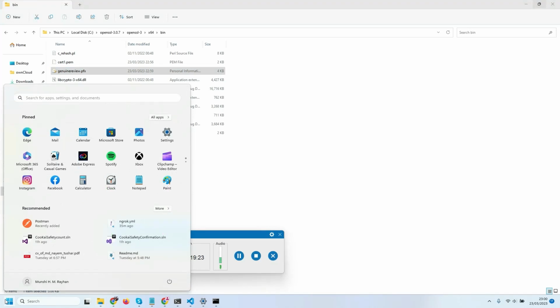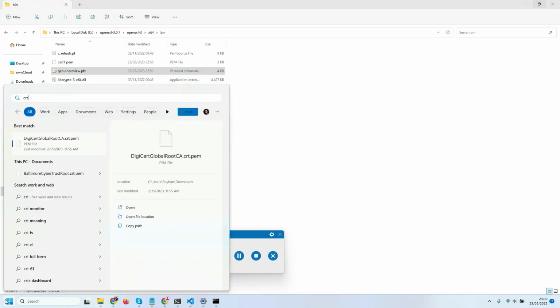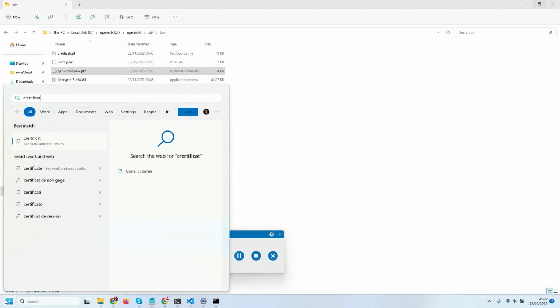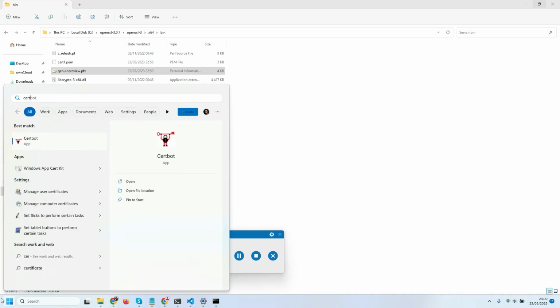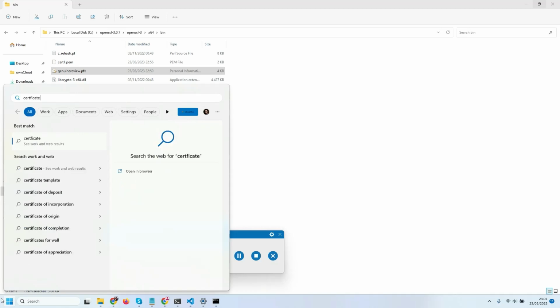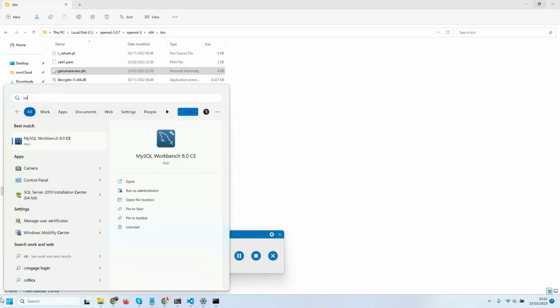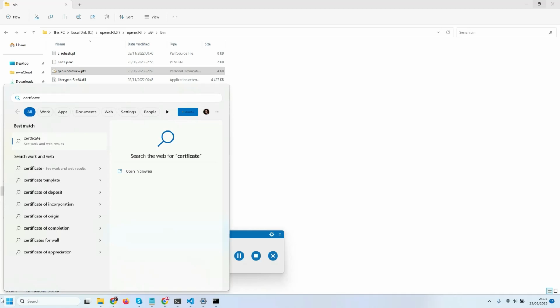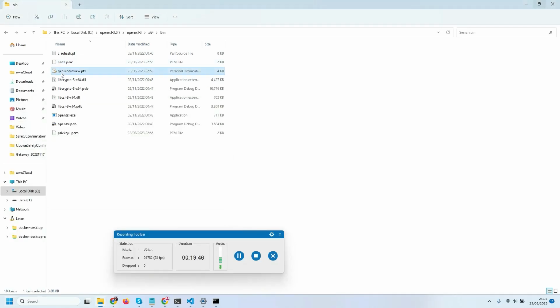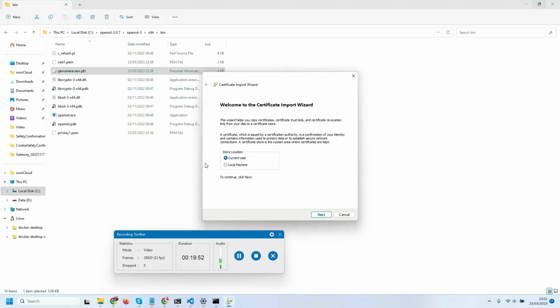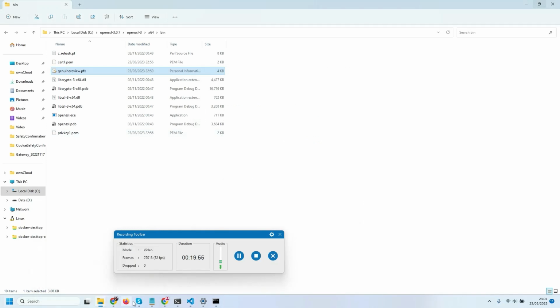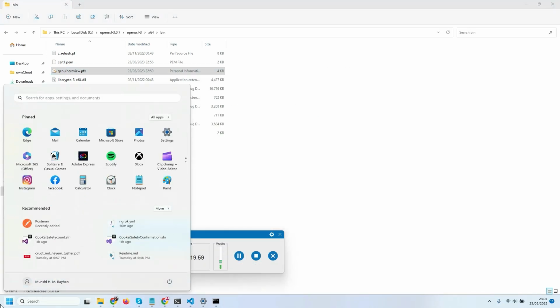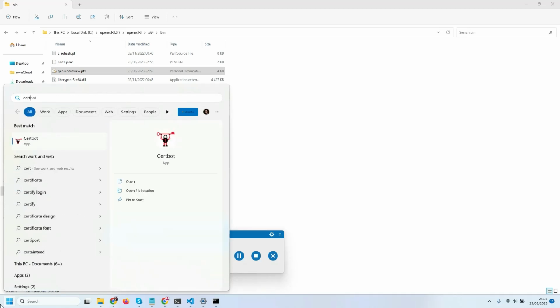Now I will need to open the certificate manager. Oops, where is my certificate manager? Sorry, I need to see the thumbprint. Let me pause. So I was maybe looking for manage computer certificates,